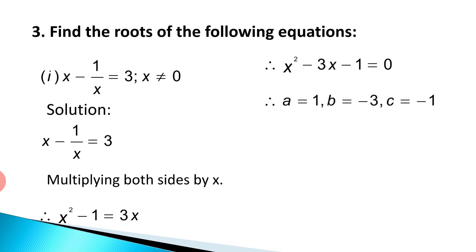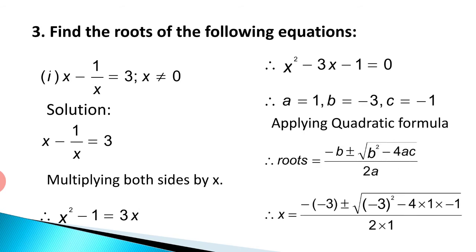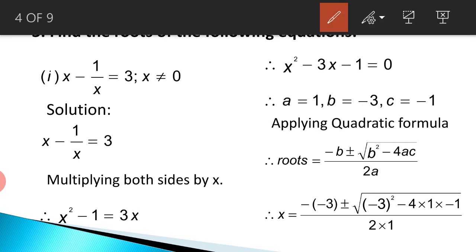Then a is equal to 1, b is equal to minus 3, c is equal to minus 1. Substituting the values in quadratic formula. So we get x is equal to minus of minus 3 plus minus 3 whole square minus 4 into 1 into minus 1 upon 2 into 1. Now here I would like to give a hint to you. Now every time we are asked to check whether b square minus 4ac is greater than or equal to 0, and then only go for quadratic formula, because we have to check whether equation has real roots or not.